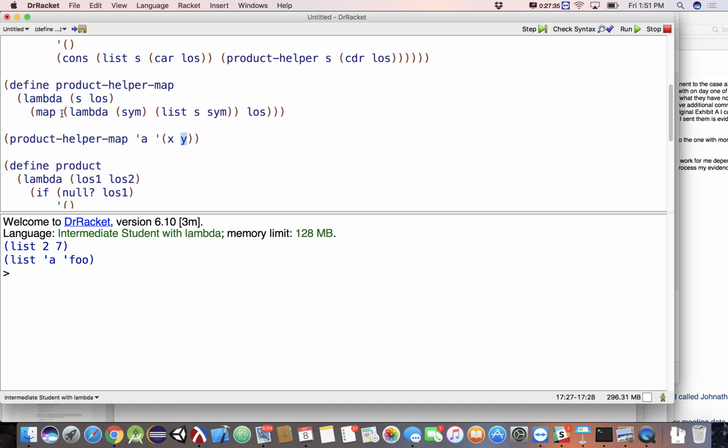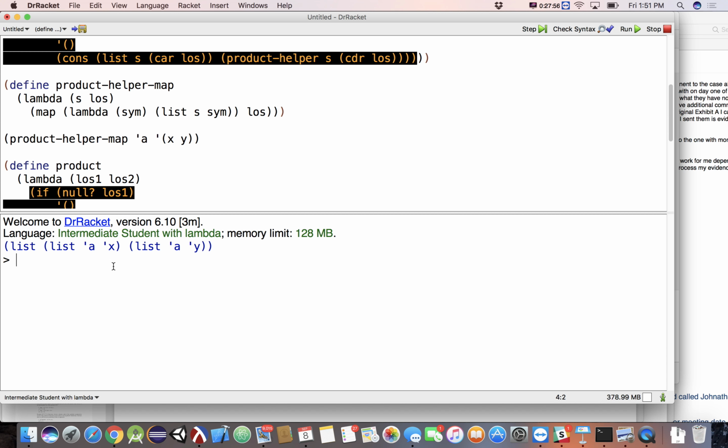So the first time this lambda gets called, sim will be equal to X. So there's the X there. S will be equal to whatever S already was, which is the A. So this will give me the list AX. The second time it gets called, I'm going to have the list AY. So there's the list AX and the list AY using map.